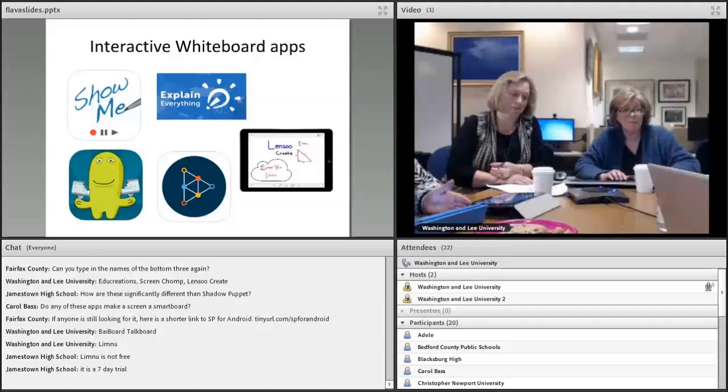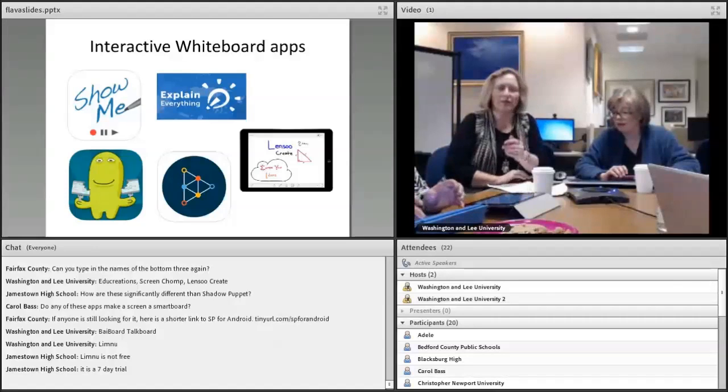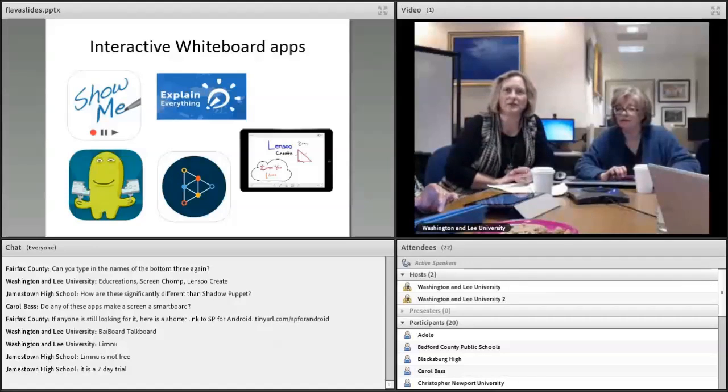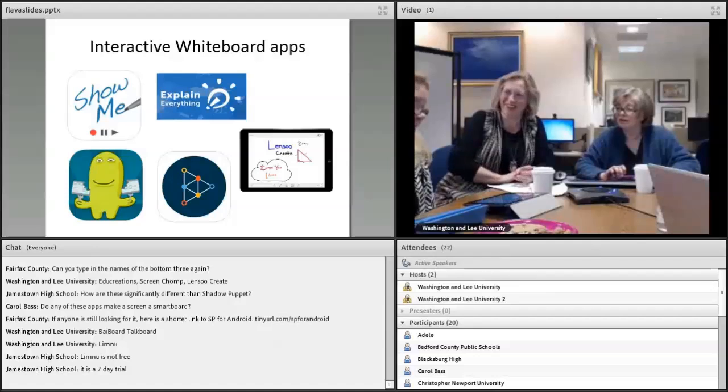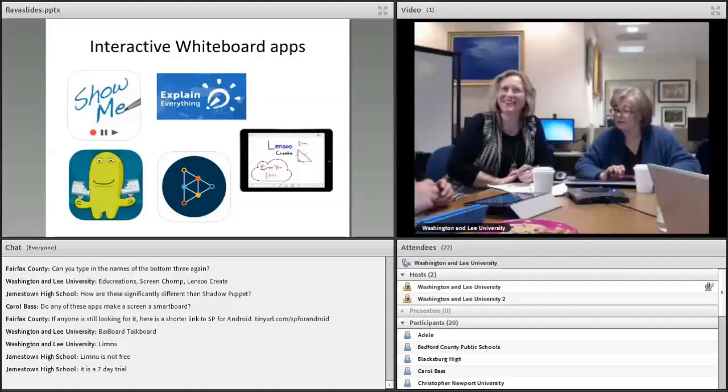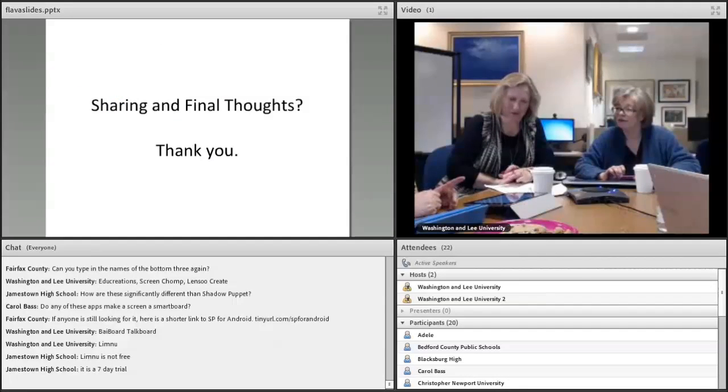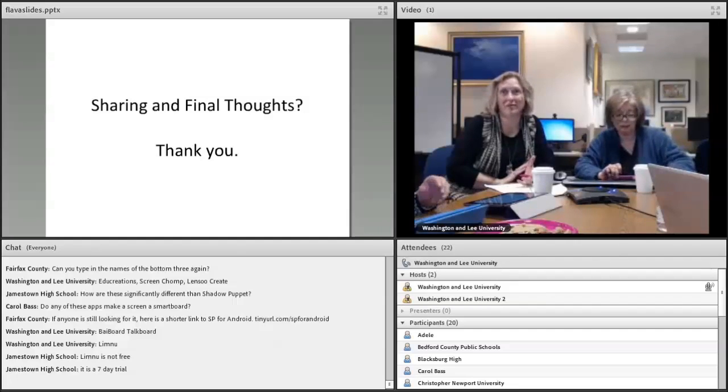One of our participants here was playing around with Show Me, and I let her play with Explain Everything. I was trying Show Me, and I was like, wait a minute, it doesn't have some of these things that I'm used to. I couldn't move text around. Then I started playing with Explain Everything, and I realized that it is a lot better and a lot easier to manipulate and work with. And it's $3.99. Come on, it's a cup of coffee.